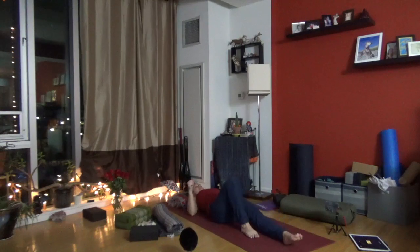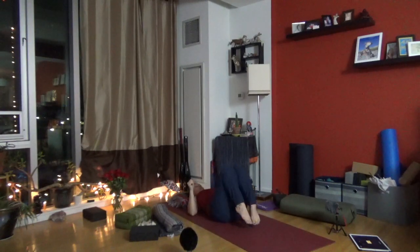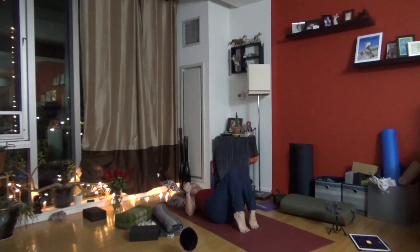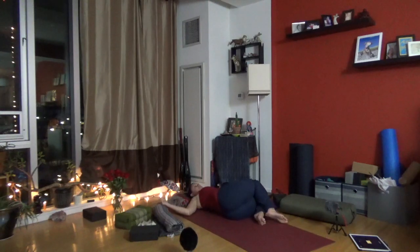So from here, we'll, actually, we'll do a different one. I always do the same twist, so come up onto your toes and then press the toes into the mat so that the hips lift up. And you're just going to move your hips over to the right, and then you'll let the knees fall over to the left. And if you'd like, you can put something in between your knees, like a block or a